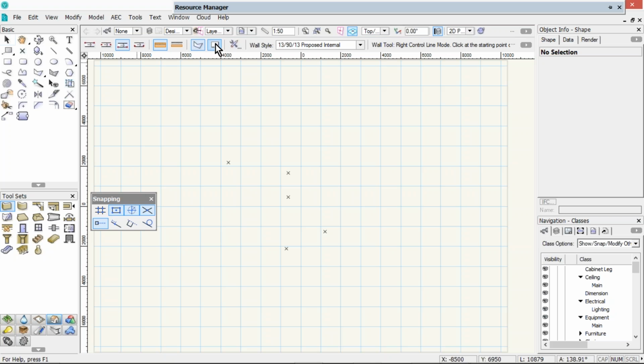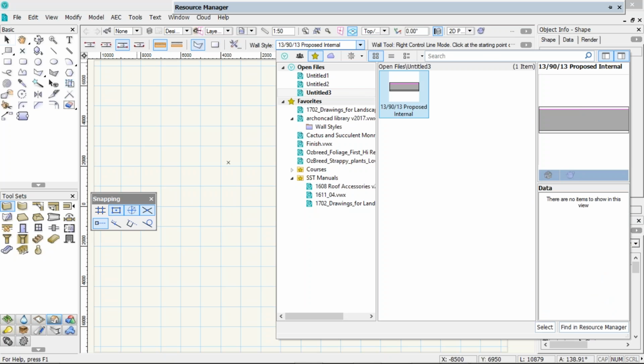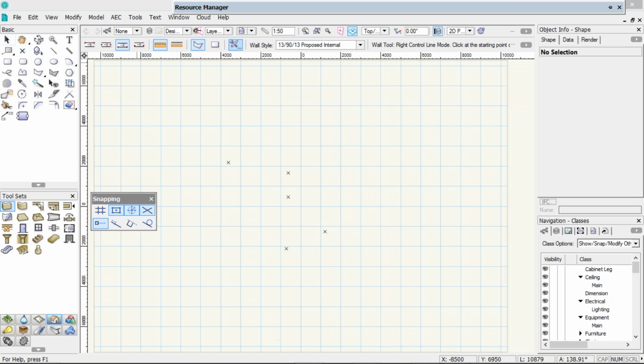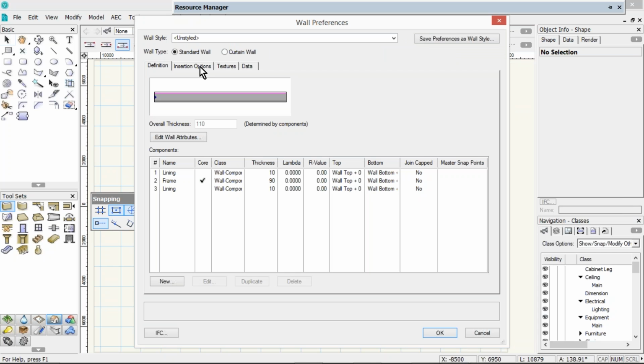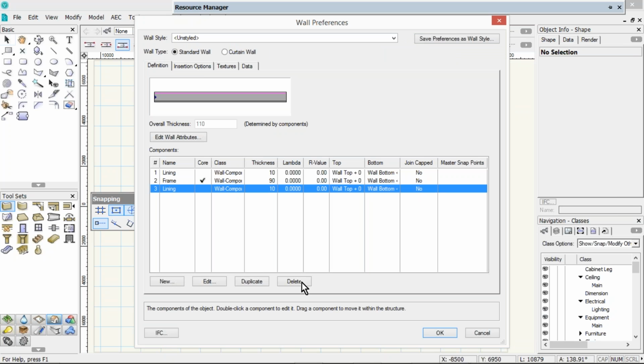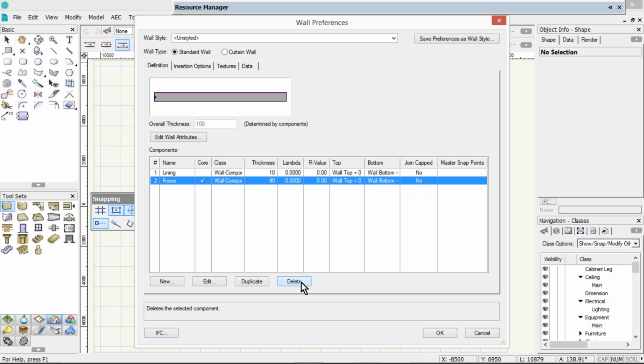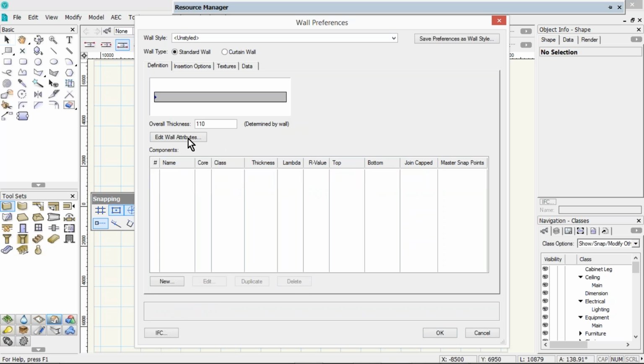And one of the things that comes up with walls is that you can either have the rectangle mode or the polygon mode. So let's just have a look at the difference between these two modes. Now I might be using a wall style. You can see I've got a wall style here. I'm going to change all of that because although I could use a wall style, I think that for an existing building, it's actually a lot better to think about using